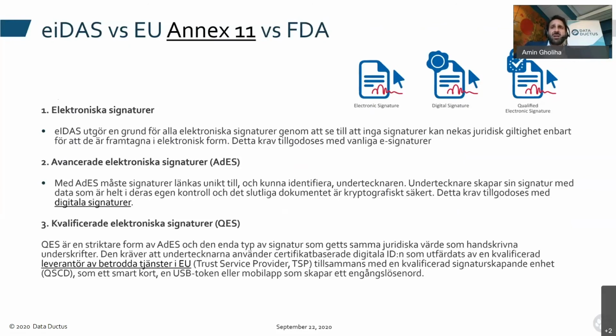But there is another variant of it as well, what is called kvalificerad electronic signature, or qualified electronic signature. And a qualified electronic signature is used, in general, to sign contracts and legal documents, death certificates, and so on. QES is a very strict form of AdES, and that means that your private keys need to be generated by a trusted service provider, basically a different company that ensures that you are who you are and provides you with